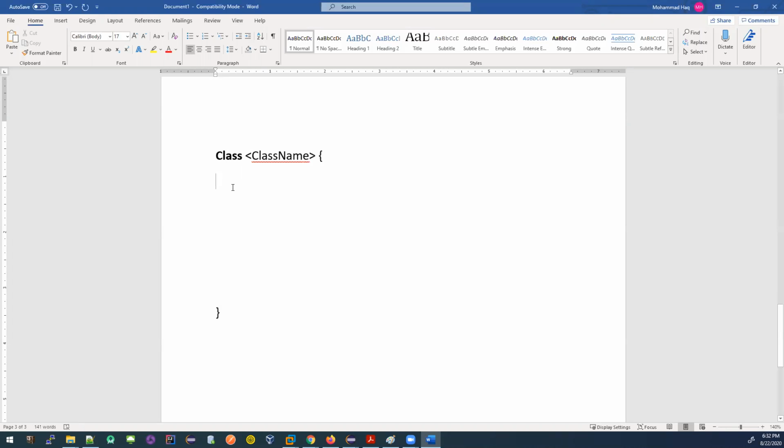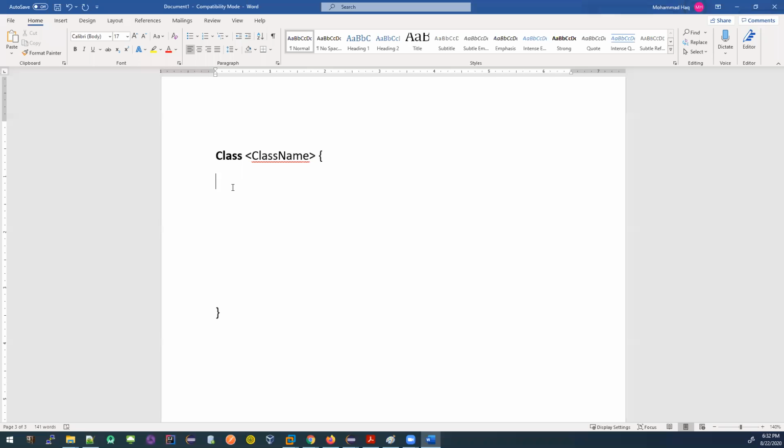Since this is the main method, it looks different than any other method. Think about the captain of the ship. Do you think the captain of the ship and a sailor look the same? How do you identify the captain of a ship? With a hat, yes. Or maybe the general of an army. How can soldiers identify he's the general? He has some badges, some ranking system. So he's different. Your main method is different.